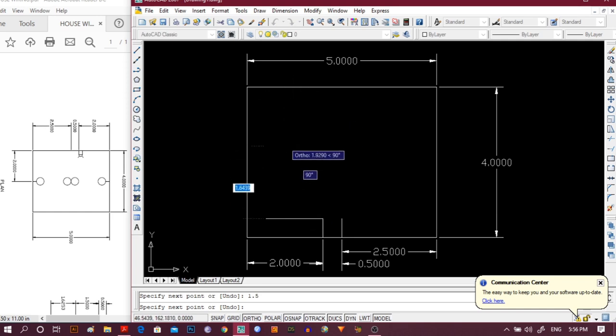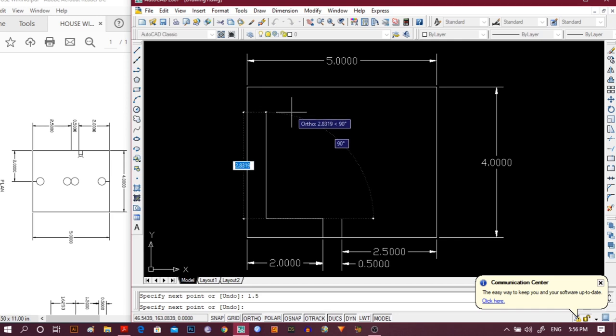Now we have to do this part. This is 4 meter, so 0.5 is subtracted here, 0.5 subtracted here, so this space will be 3 meter.